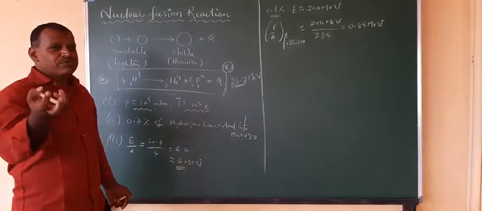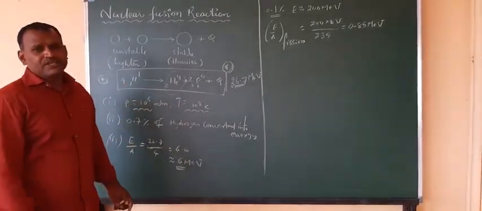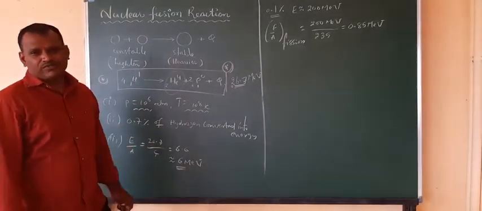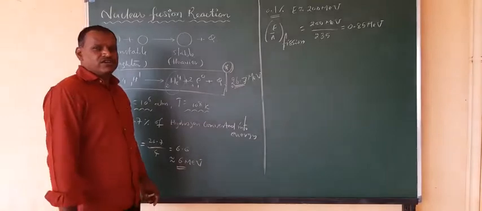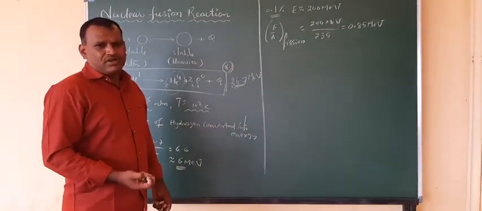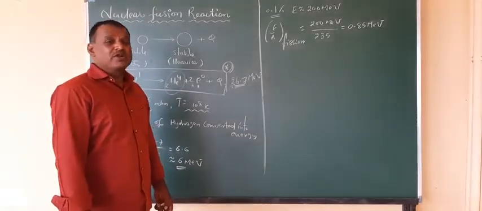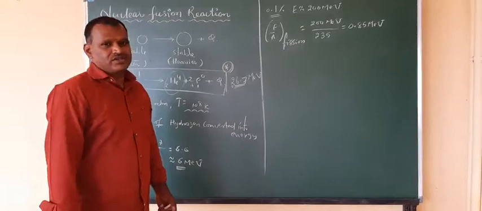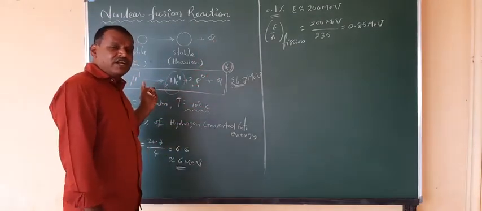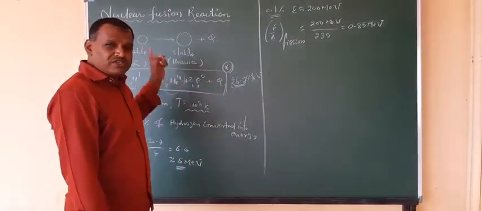Once hydrogen is available, and hydrogen is very cheap, it is easily available in the market or in the atmosphere itself. Air has oxygen, and you have water, H2O. So hydrogen is a very cheap element present in the atmosphere compared to uranium. Uranium has a very high cost and a low amount of energy can be liberated. But here, with low cost, high energy can be produced by nuclear fusion